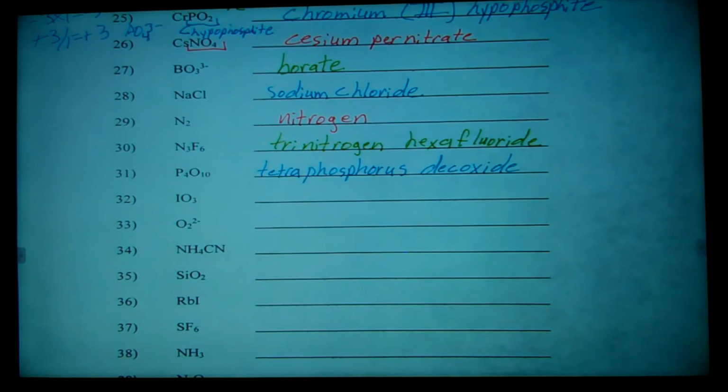Number 32, IO3. I have 2 elements present, but no charge, so it's not a polyatomic. We look at the bond in it. We have